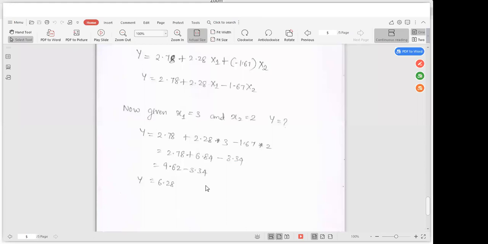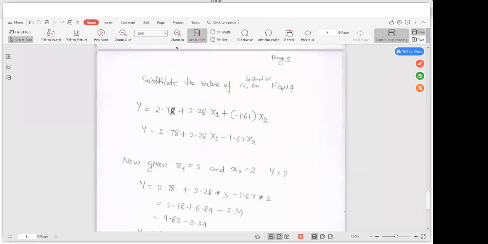Is it clear till now? Have you understood? Yes. So shall we move on to another problem? Like this, he can give you any values in the examination and ask you to predict. You will get marks for step by step, at each formula, for the values you have got. The final regression equation is important, so here also you get marks, and for prediction also you get some marks.